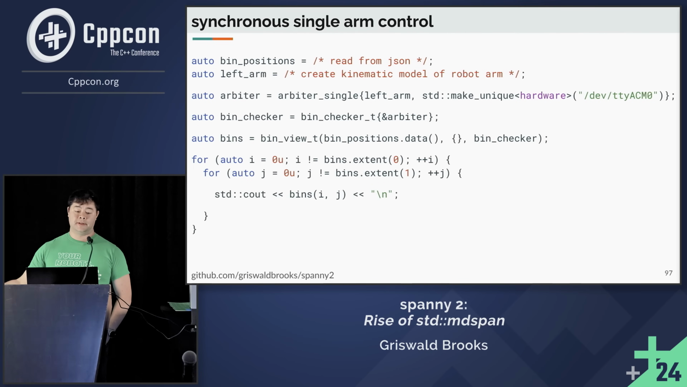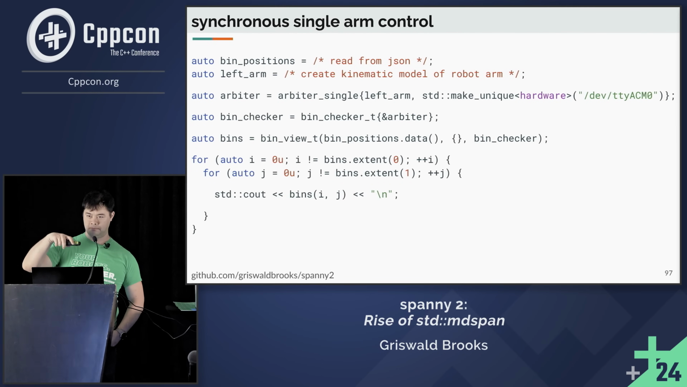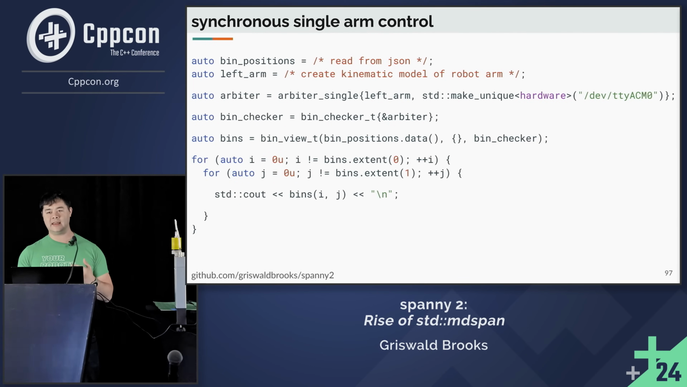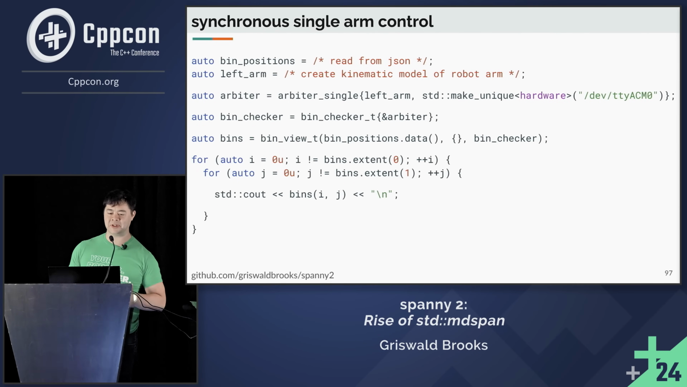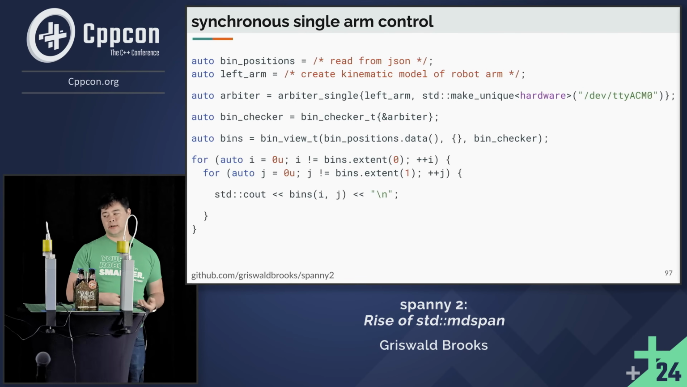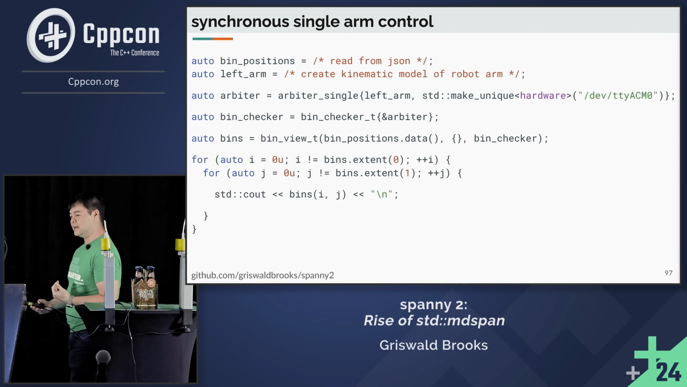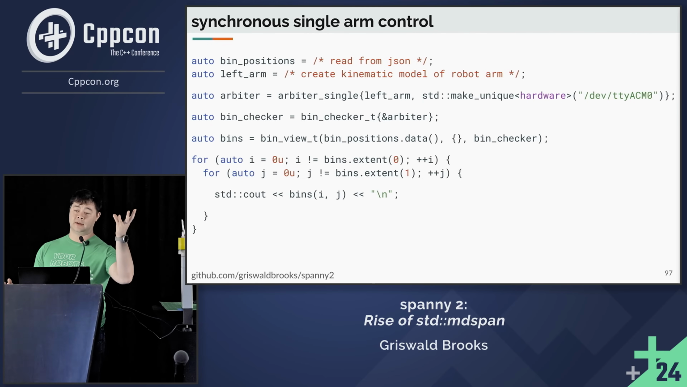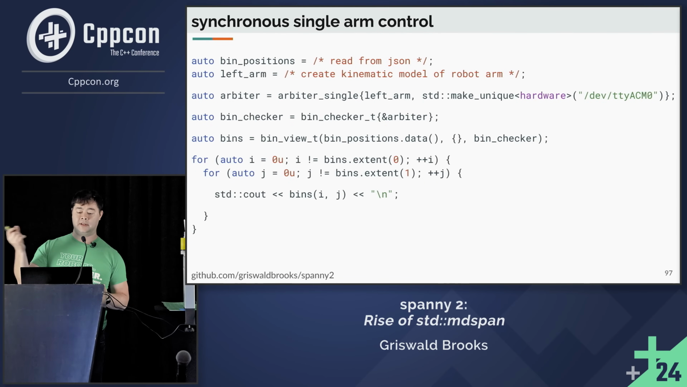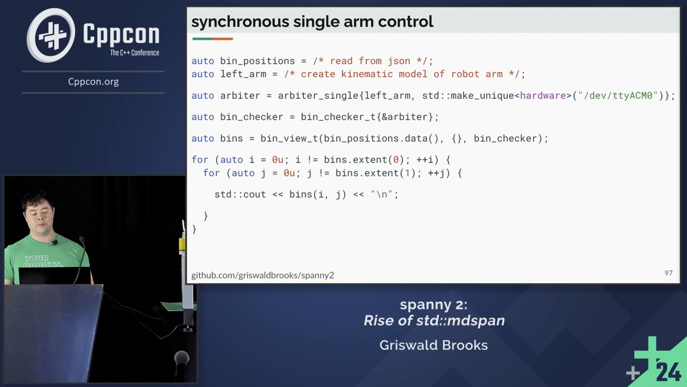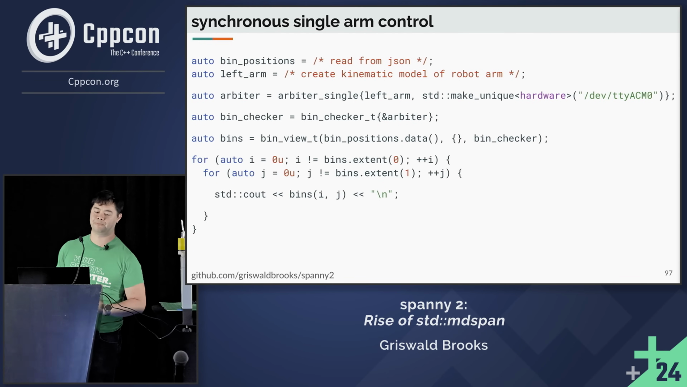And then this is how we use it. So, a JSON file to read the literal metric positions of the beers. And then we have to do this inverse kinematics modeling thing about what the robot arm looks like or something. Then we're going to have the bin checker accessor policy created with that arbiter. And then we're going to create that view. So we're going to combine the locations of the beers and the thing that's going to check the beers. And then we'll just iterate through the rows and columns and have the robot arm get the bins, the values